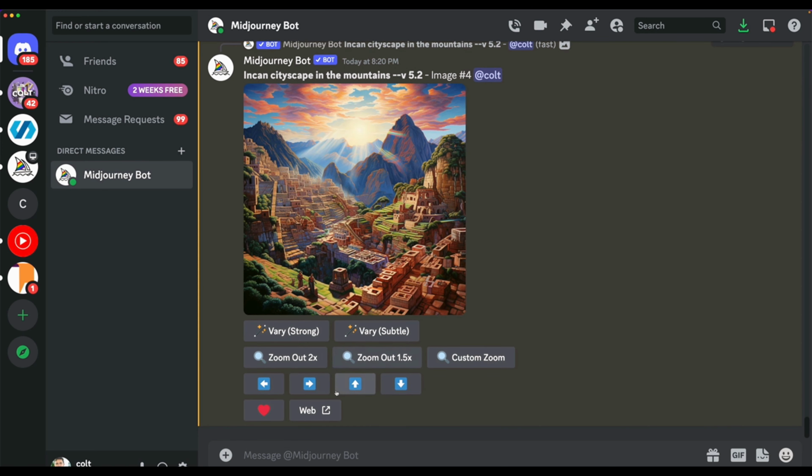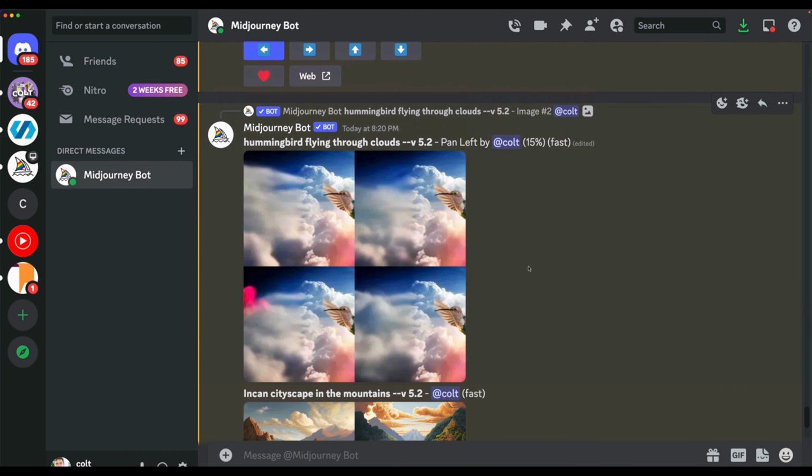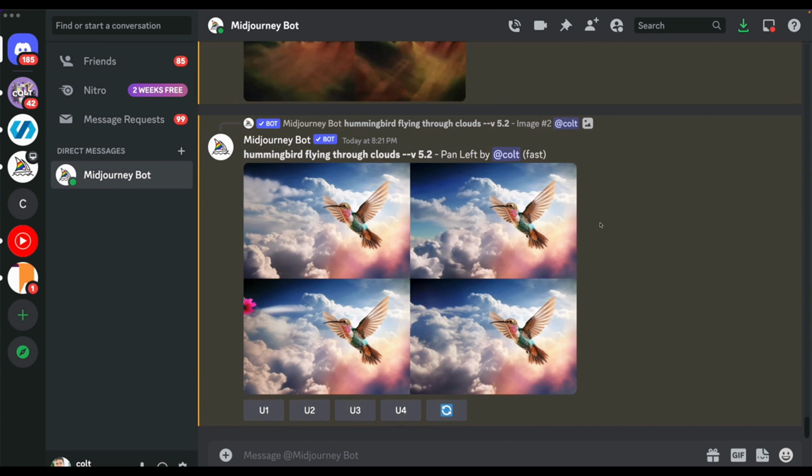I have no idea what would be down here. Let's try it. And let's check in on our hummingbird. So you can see it's starting the panning process. Woohoo! Take a look at what we got. I finally have an off-center composition where the subject I like is on one side and there's a ton of